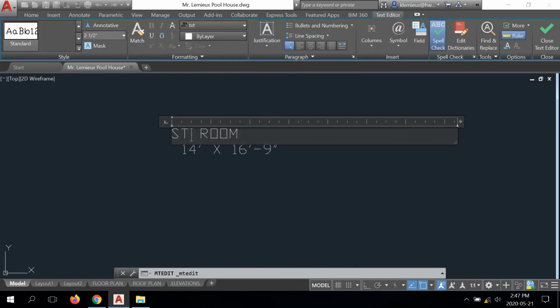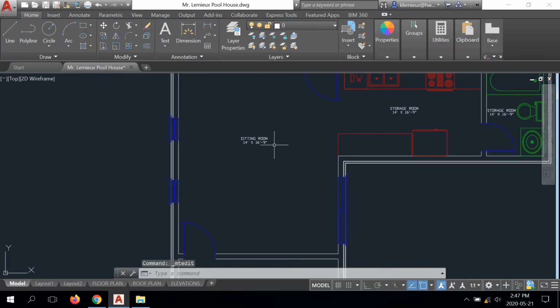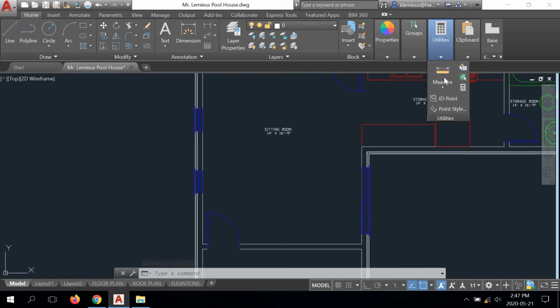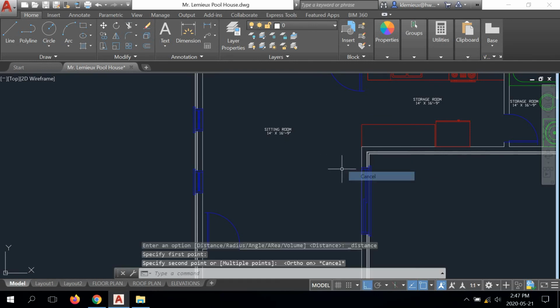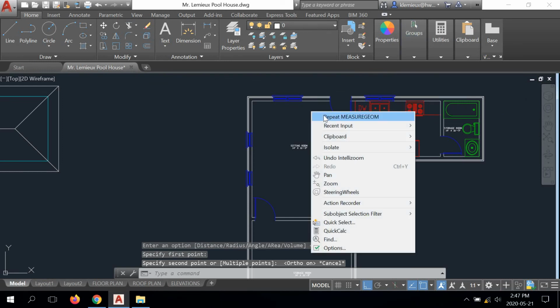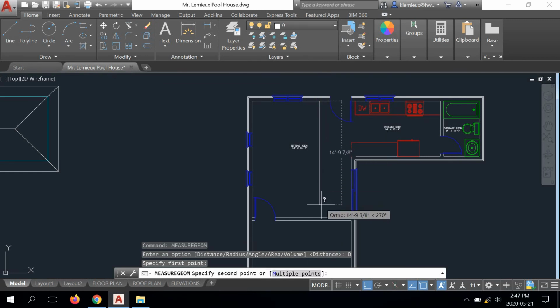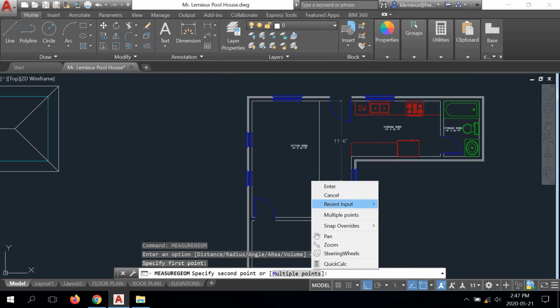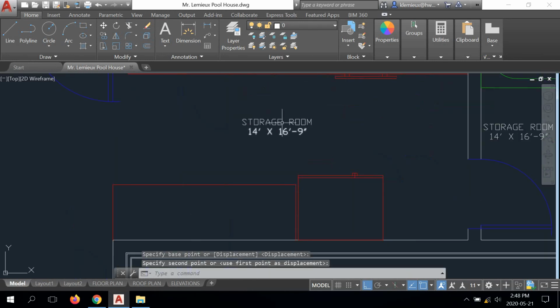So this is going to be sitting room. Now, I think the way this was done, the dimensions are exactly the same in this case, right? So this still is 14, turn ortho back on. This is still 14 feet. I don't need to change that number. And I've got 16, 9¼ inches again. So in my case, I don't need to update this. I might just center this a little bit, and that's it. So this one here,